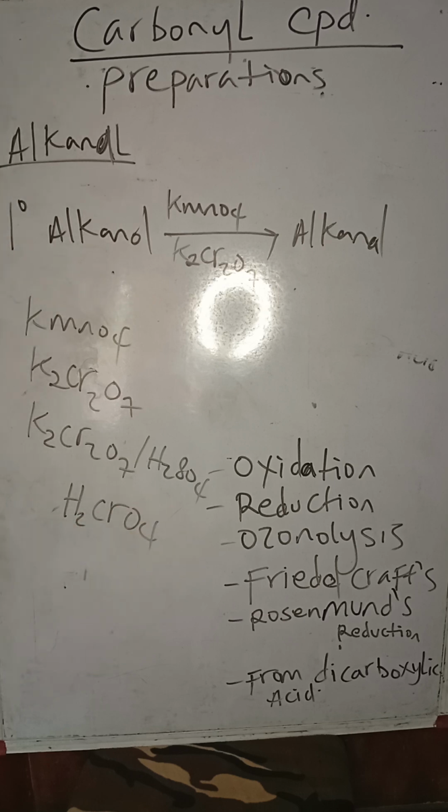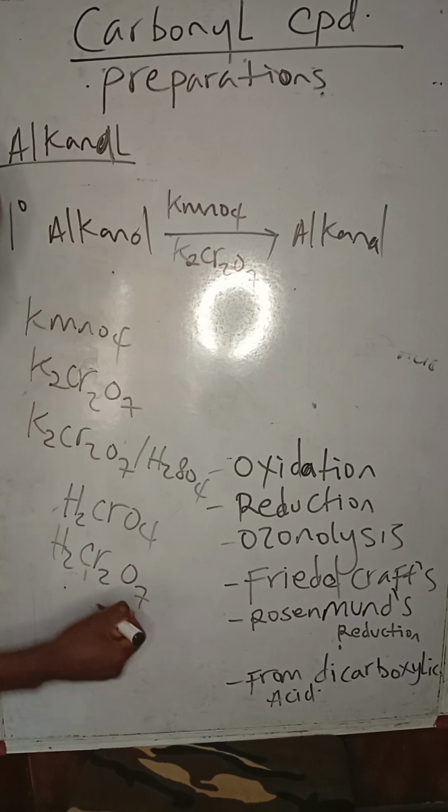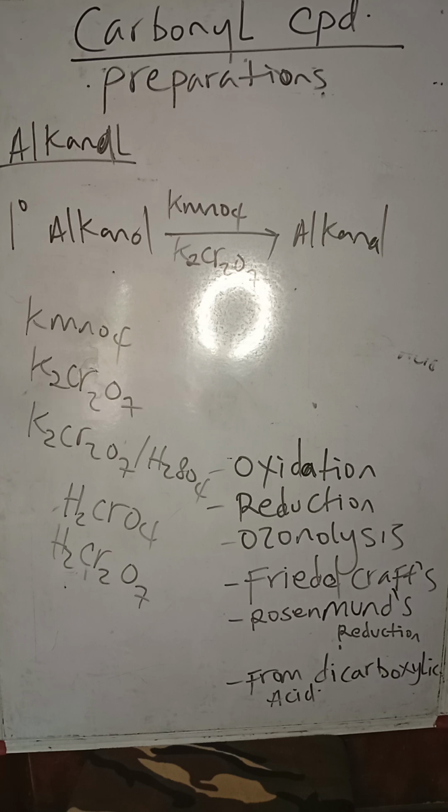Now, this reaction can occur and will produce a compound such as H2CrO4. This is chromic acid. Yes, in some cases we get H2Cr2O7. This is dichromic acid. So this is dichromic acid, and this is chromic acid. This mixture can give you chromic acid. So any of these